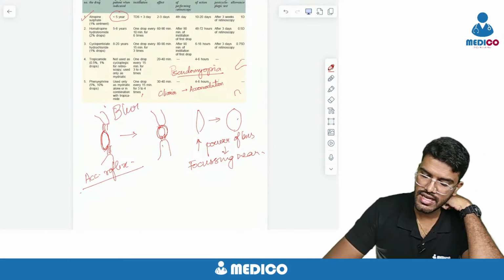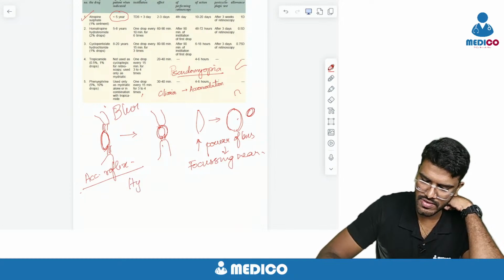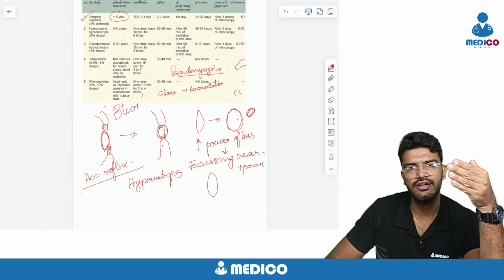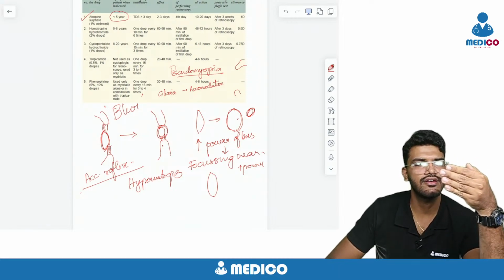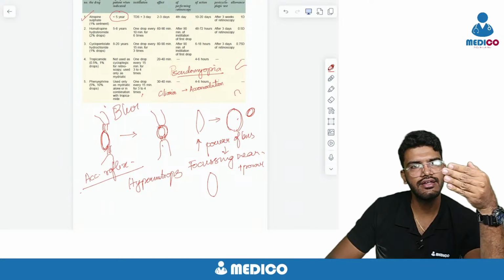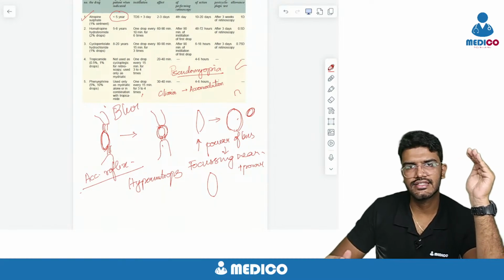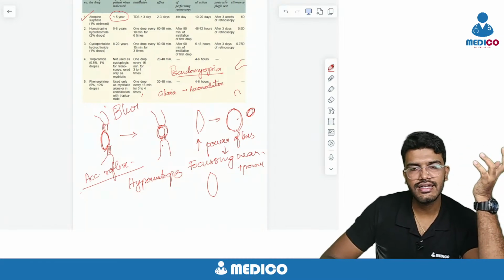So see this, instead of making it 0, I'll tell you, in hypermetropes, what happens? In hypermetropes, the problem is that it is plus power. So whenever the person is trying to read for near, they try to see here, already there is plus power, right? So when you are trying to see for near, you are actually increasing the curvature of the lens, right? While trying to do that,